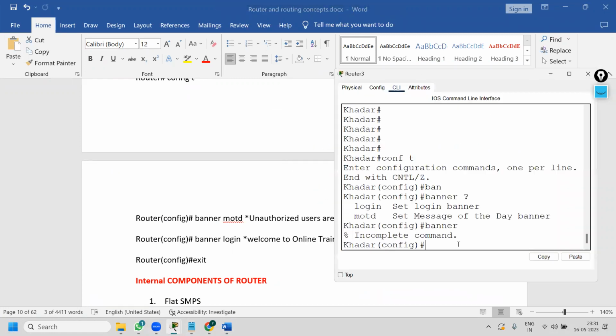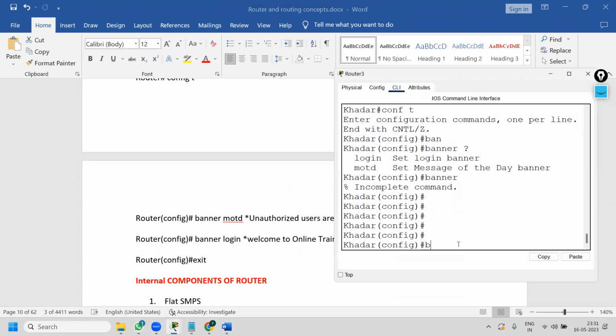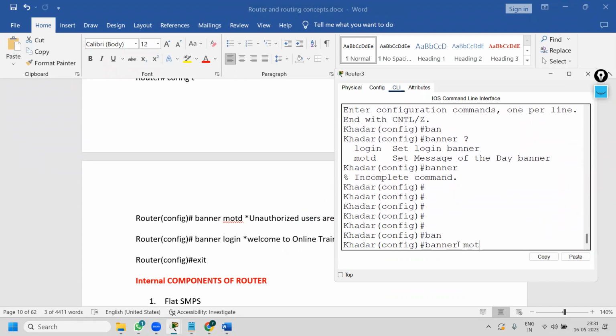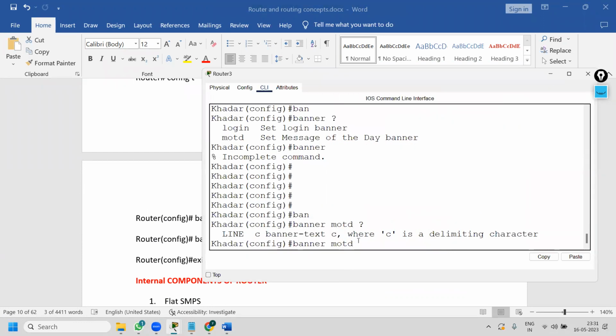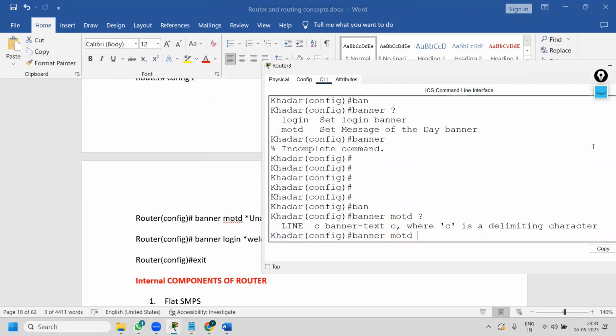Say banner MOTD, put question mark. C character text, where C is a delimiting character. Any delimiting character I can use here. I use asterisk symbol here, asterisk, and say